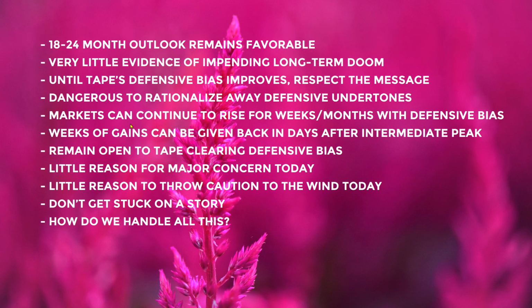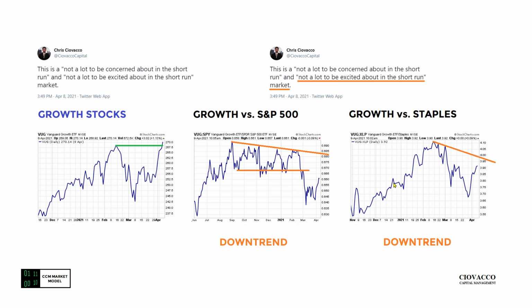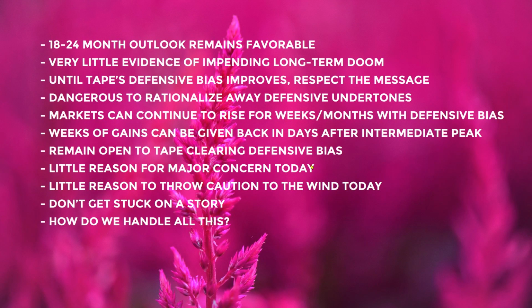What might that look like? We might gain another 100 points from here, another 2 to 3%. We have somewhat of a defensive rotation going on, and then the market has an intermediate term peak. And if that happens, the emphasis is on if, weeks of gains, meaning everything that we see in the next 2 to 3 weeks, can be given back in days or even hours after the peak is hit. We never want to assume anything, and we don't want to assume that the defensive bias is here to stay and very well could be